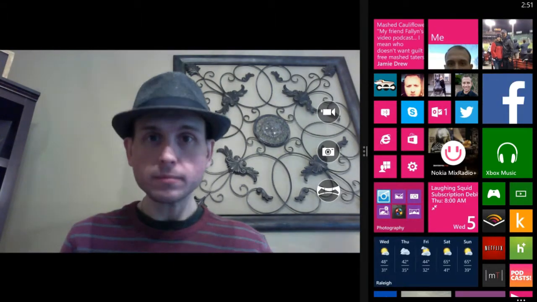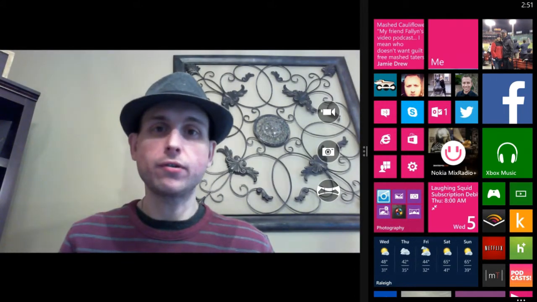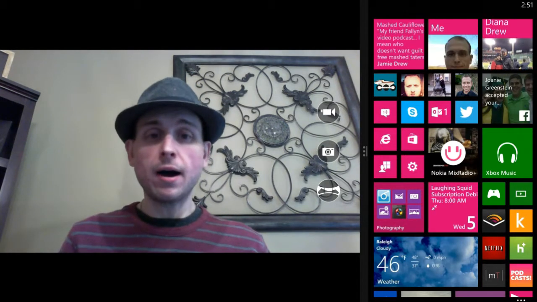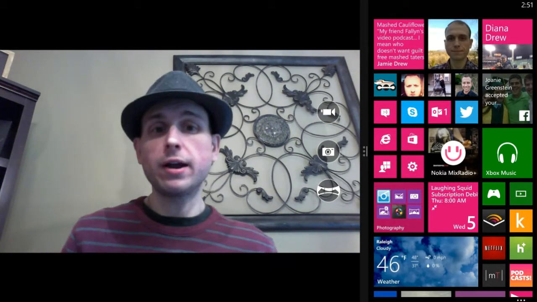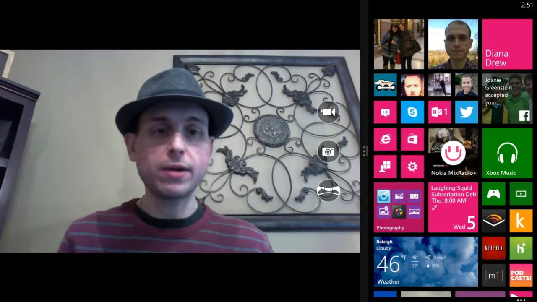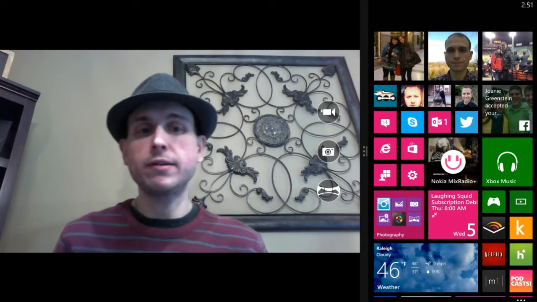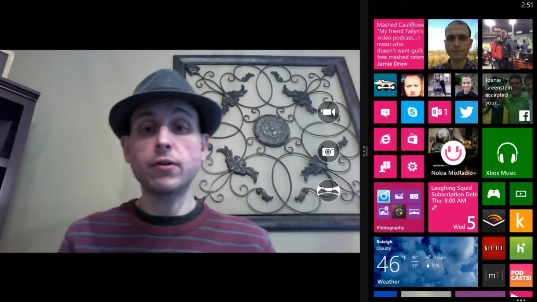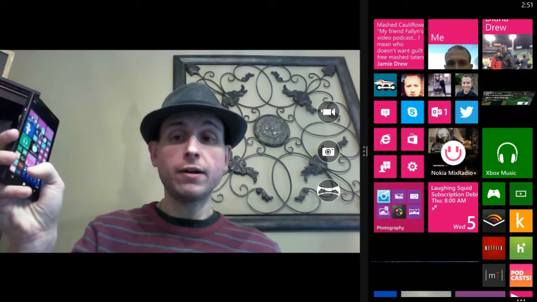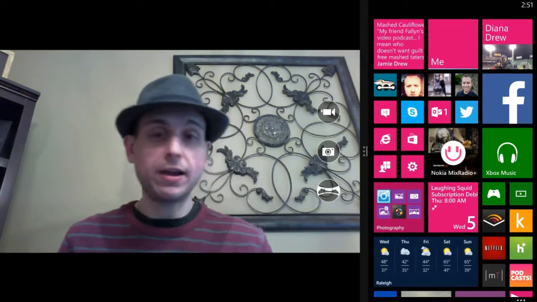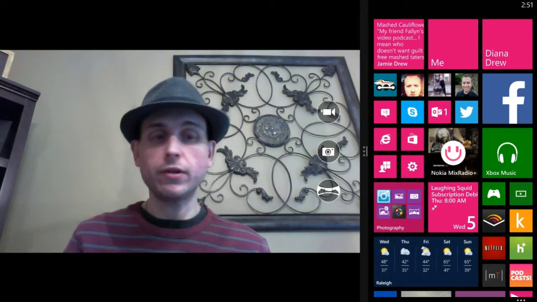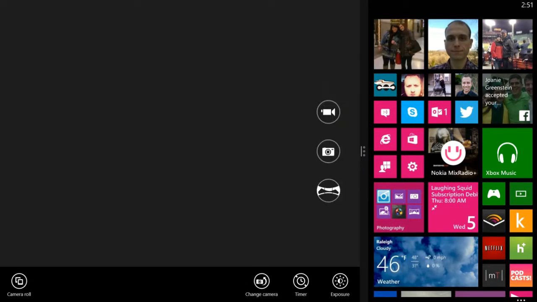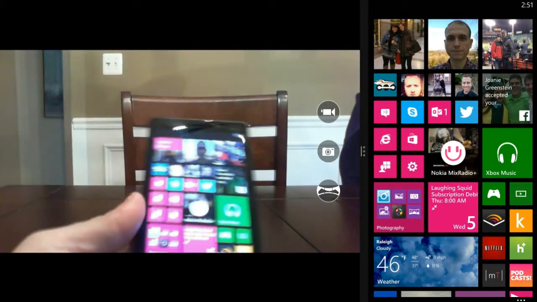So just the Windows Phone user interface, the start screen, the app list, and some basic stuff about apps. Over here, you can see I've got a preview of my phone screen. This is actually being sent to my machine by a Nokia Beamer. And then I'm also going to have my phone live. I'm going to switch cameras on my Surface, and I'll show you what I'm doing on the phone so that you can follow along. All right, so let's get into it. Let me change cameras here. Okay, so